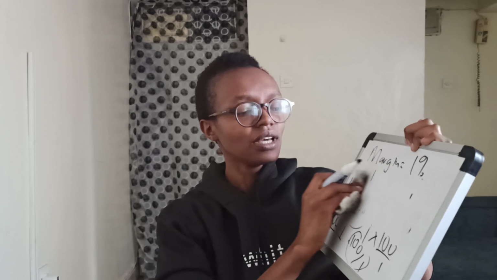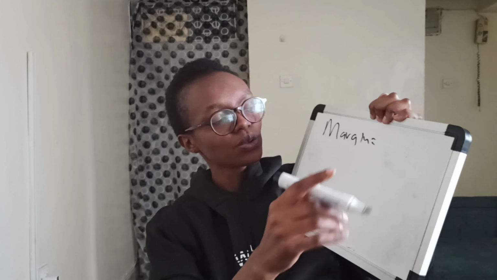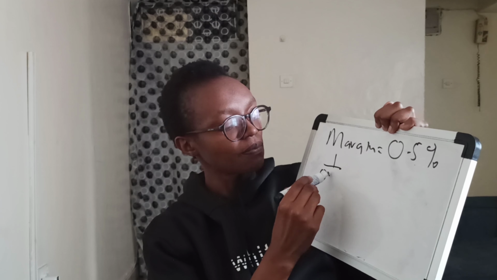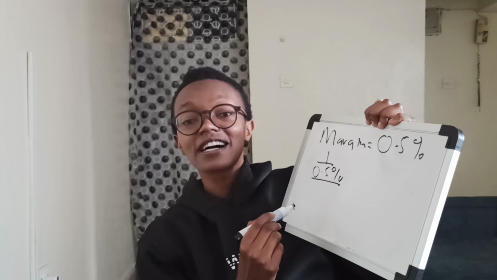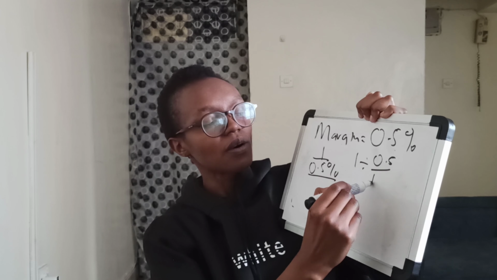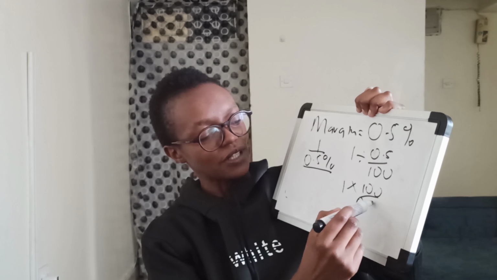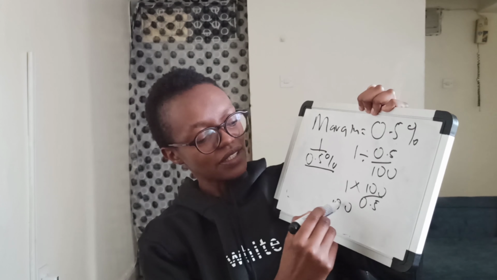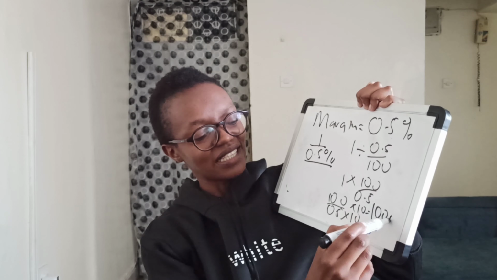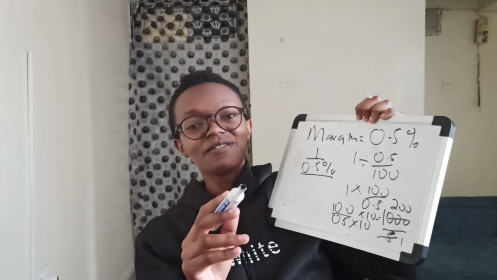Now let's take another example. What if the margin requirement was 0.5%? Then the leverage is going to be 1 divided by 0.5%. If I'm to write this in fraction form, it's going to be 1 divided by 0.5 over 100. So it's going to be 1 times 100 over 0.5. So 100 over 0.5 multiplied by 10, it's going to be 1,000 over 5. Now 5 divided into 1,000 is 200. So the leverage in this case would be